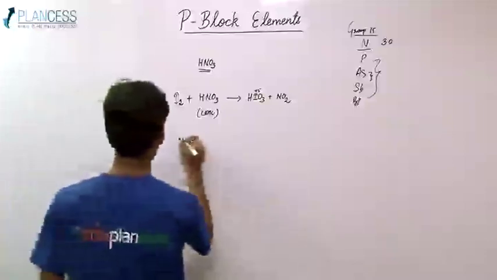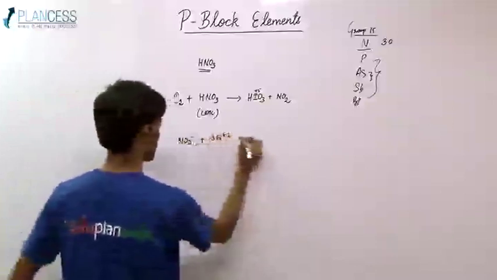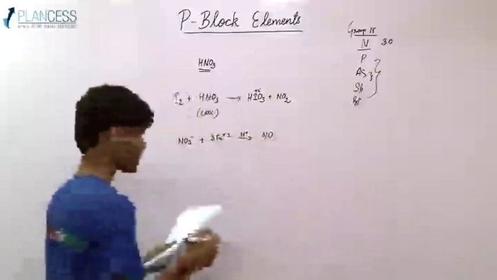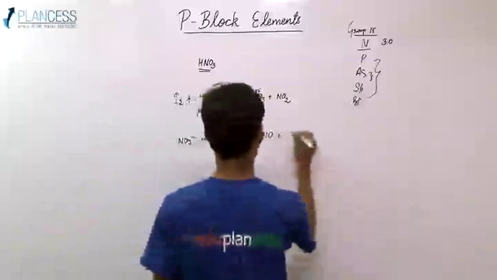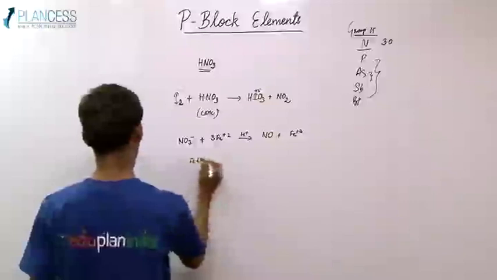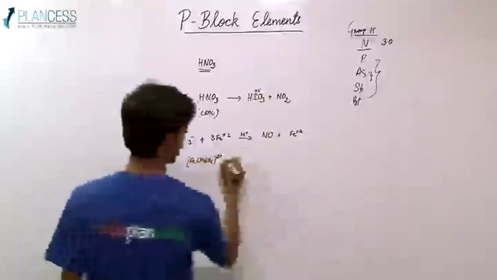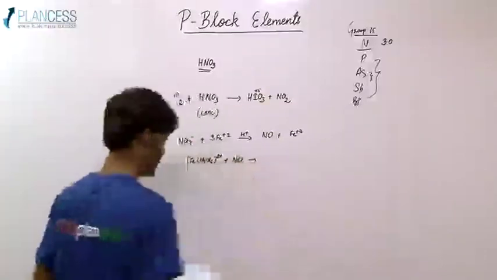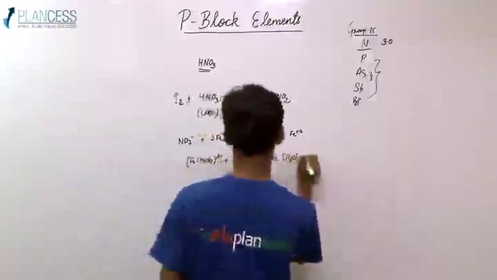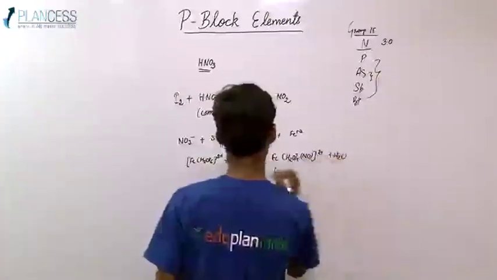For example, NO3 minus and 3Fe+2 in acidic medium react and get reduced to NO, that is nitric oxide, plus Fe+3, oxidizing itself to Fe+3, and [Fe(H2O)6]2+. This is the complex present in water. It reacts with the NO formed, and forms a complex [Fe(H2O)5NO]2+. NO acts as a ligand, and an H2O molecule is released. This is the brown ring